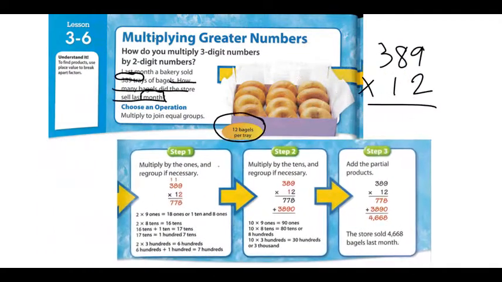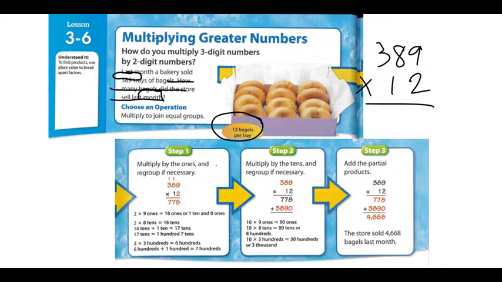I'm going to take the ones times the ones. That's what it says to do in step 1. So that is 18, 8 ones, and 1 ten. Then I'm taking 8 times 2, or in other words, 80 times 2, but 8 times 2 is 16, plus the additional 10, 17. Okay, and then I have a new 100, so I need to put that new 100 up here. 3 times 2, I'm going to draw my arrows to show what I'm doing here. Okay, 3 times 2 is 6, plus an additional 100 is 700,